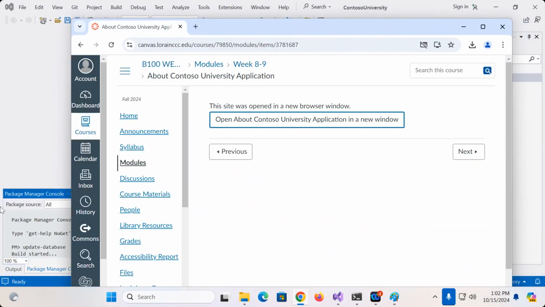The big topic today is about relationships between entities in a database. And those of you who had CISS243, you're probably familiar with the different sorts of relationships. We're going to revisit and review those, but then we're going to look at how they get implemented in our ASP.NET Core. So what I want to do is start with this application and show you